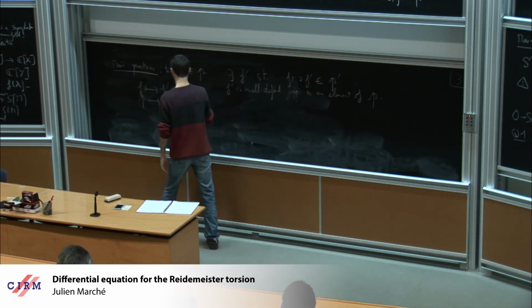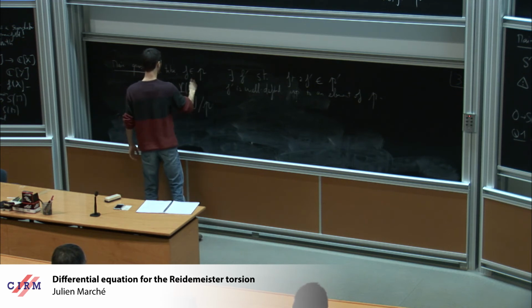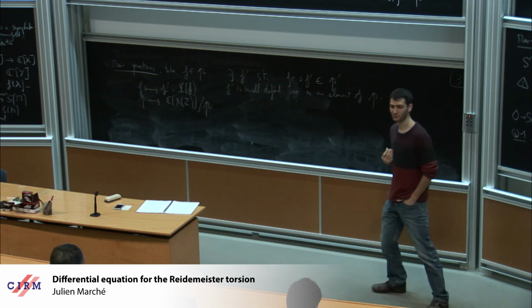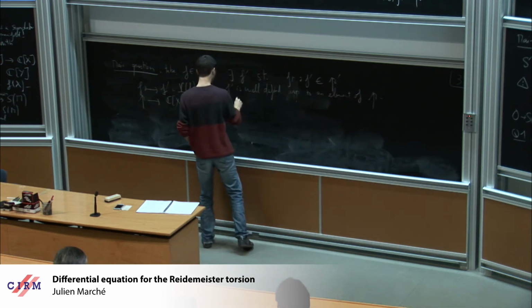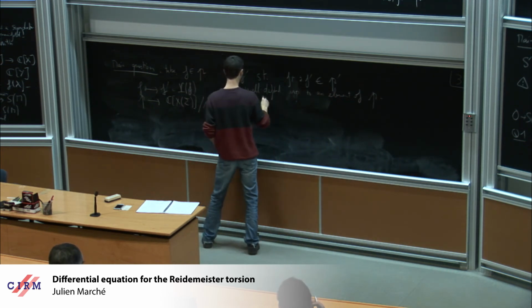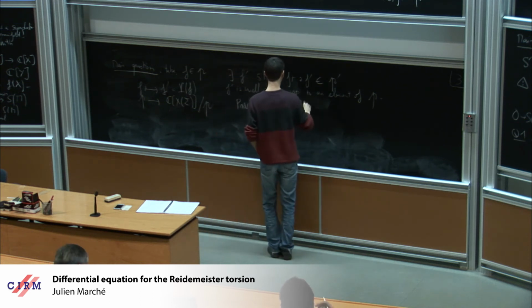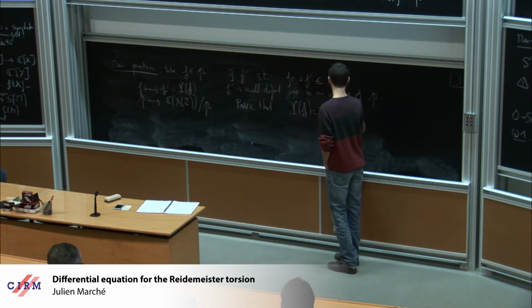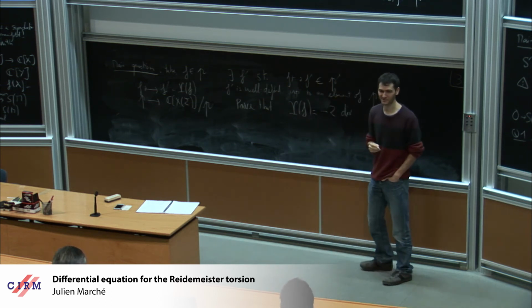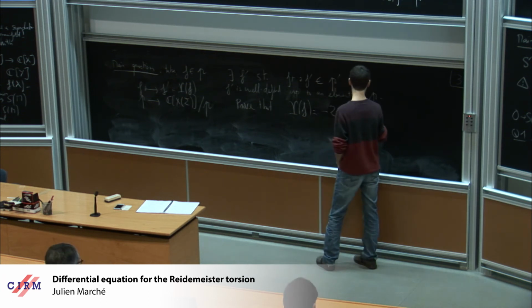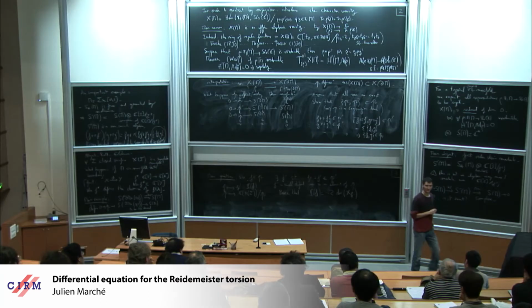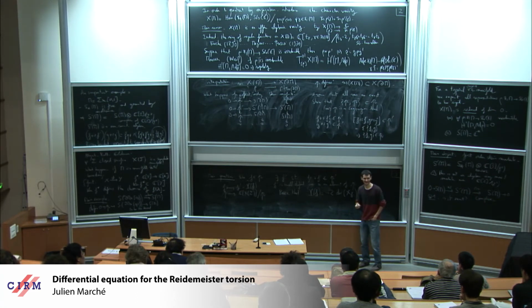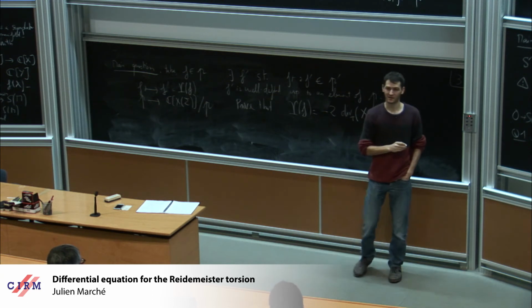So let me call it U of F, and the main question is that I have an explicit formula for it. I am not able to prove it in general, so the main question is to prove that U of F is given by something explicit, minus 2 times, so it looks like an ugly formula, but I like it a lot, the divergence of x of f. Divergence is not completely well defined, so I put a t here.